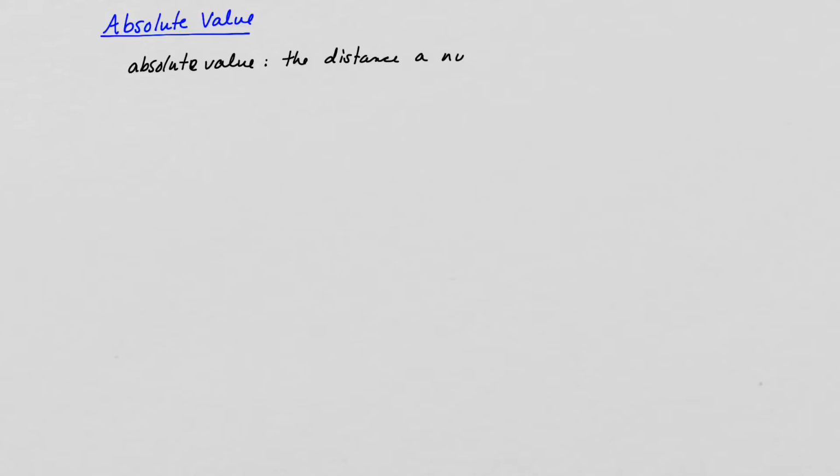So we're going to talk in this video about absolute value. And so the important thing when we talk about absolute value is to remember that absolute value is really talking about the distance from zero. So the distance a number is from zero. So if you think about a number line,